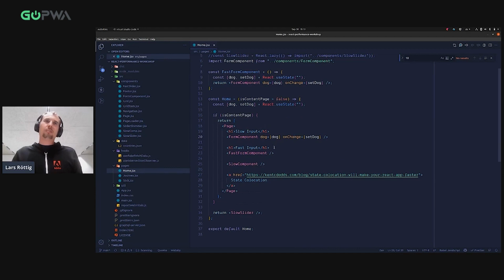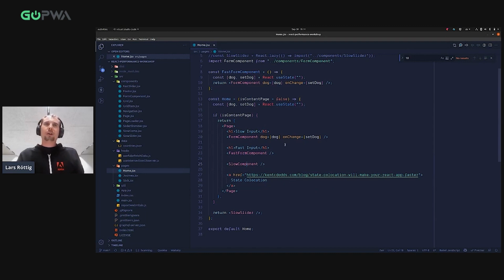So this means React renders this component every time, and we get the slow component, which affects our DOM, maybe because there are third-party libraries included, maybe a huge thing happens to the DOM, and this takes time in React sometimes. And of course you can say, hey, let's use memo here to memoize the slow component.